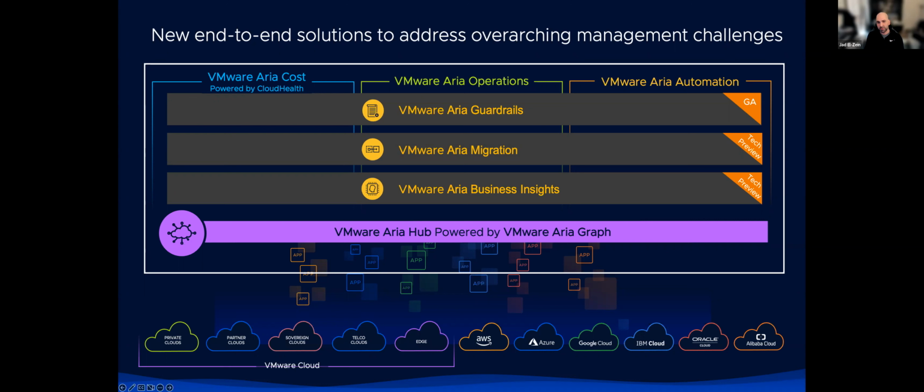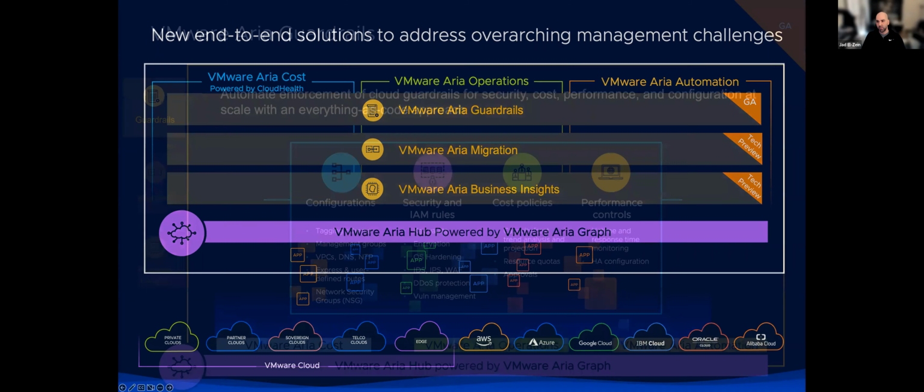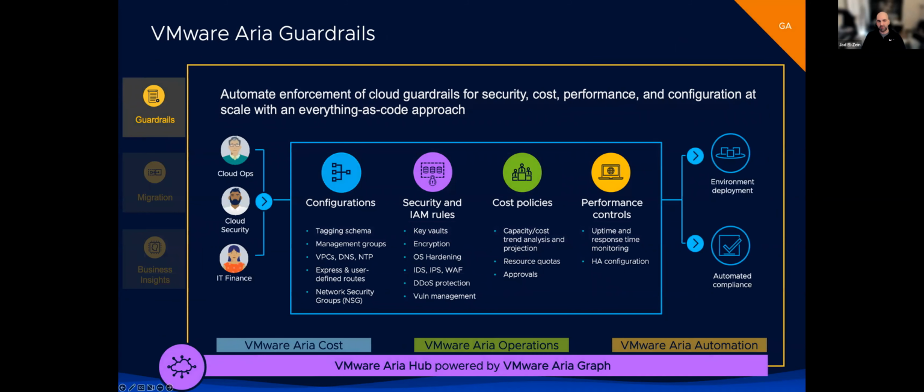So I needed to solve the biggest problem first, and then the whole world opens up for us, and the ability to provide new services that are hugely effective for our customers, in our opinion, right? And these align very nicely with the problems of public cloud we put out earlier. So for VMware Aria Guardrails, think about